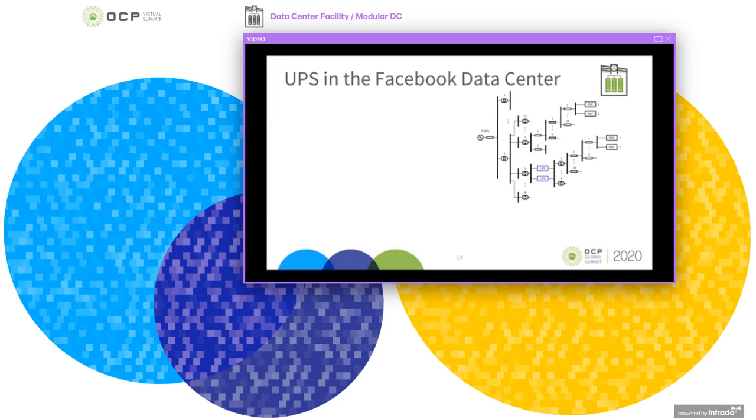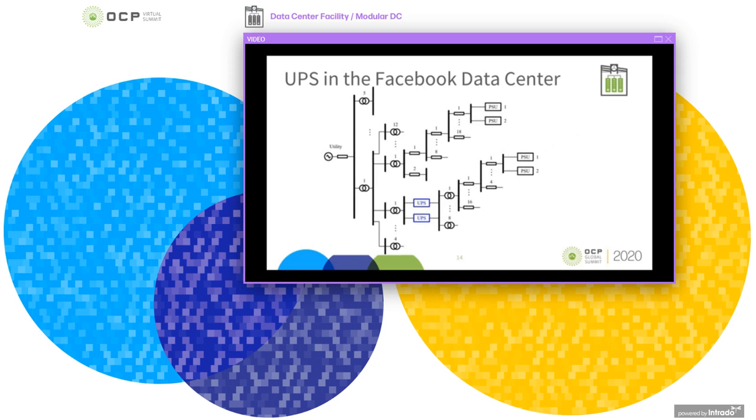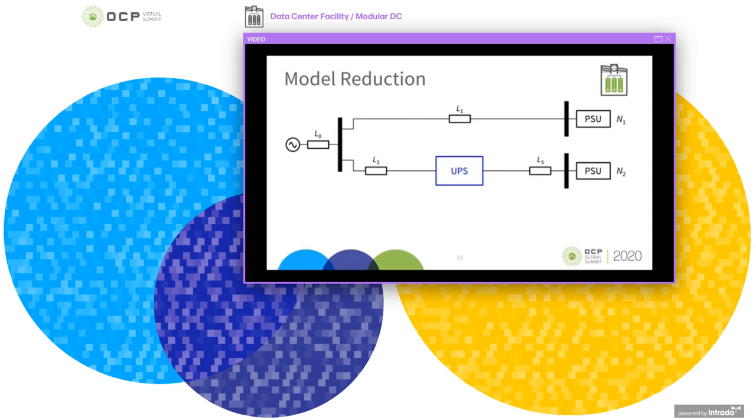So this talk focuses on UPS. The UPS in a Facebook data center processes part of the power served to the network infrastructure. There is a section of the power in the data center that is not served by the UPS. So by model reduction techniques, we reduce the data center model to an equivalent circuit with only one UPS and a set of PSU loads, one that is fed from the UPS and another PSU that is not fed from the UPS. There are also some impedance interconnections labeled here as L0, L1, L2, and L3.